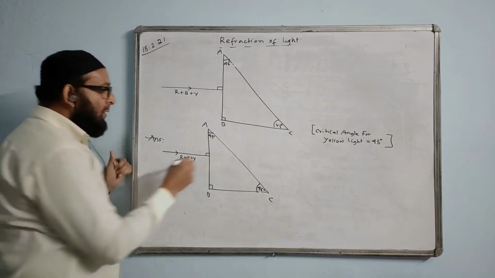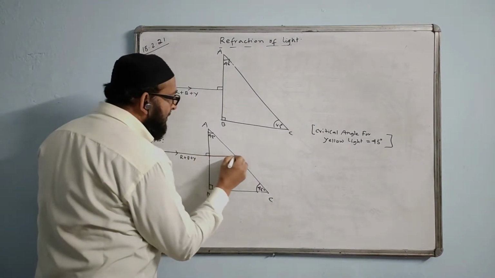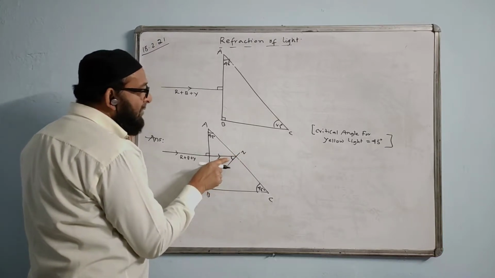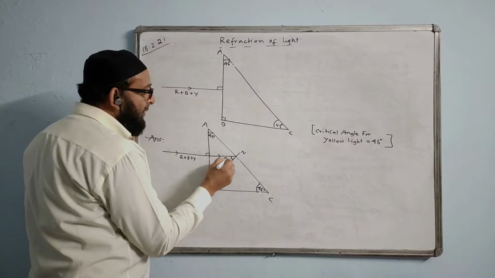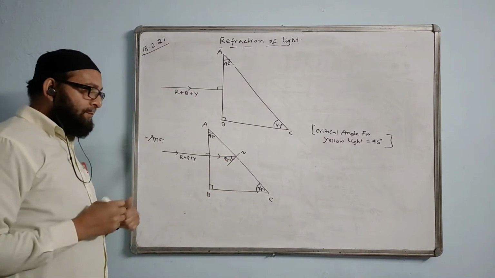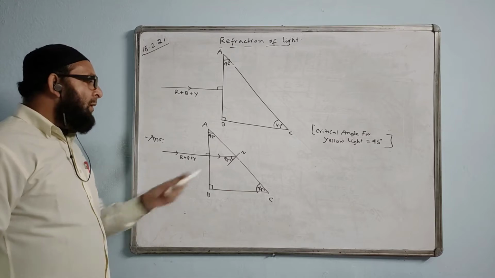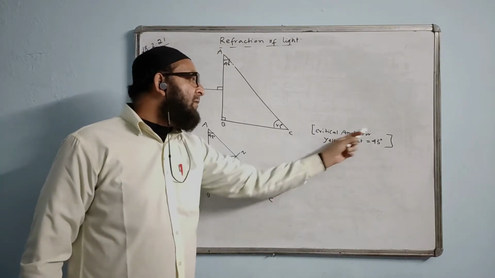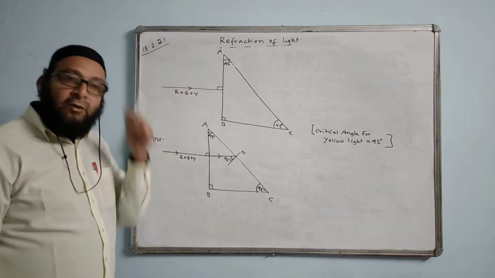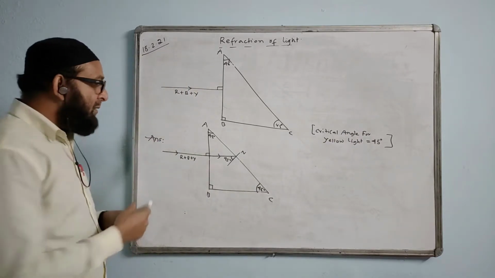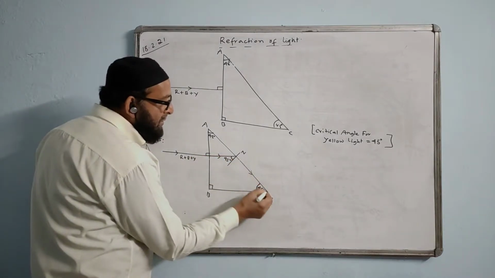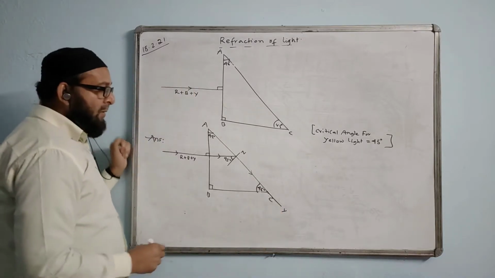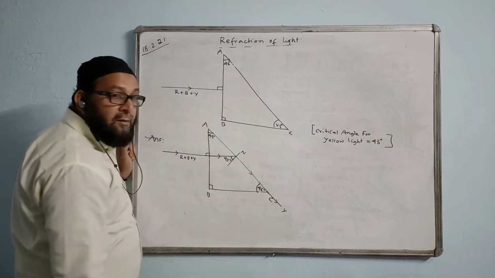Okay, see the answer. How to do it. This ray will continue, will go straight, and comes here. Check this angle. This angle will be the same as this angle, 45. Now, this is 45 degrees, which is the same as the critical angle value for yellow light. That is, yellow light will be at the critical angle of incidence. Yellow light will graze and come out like this. Is it clear?